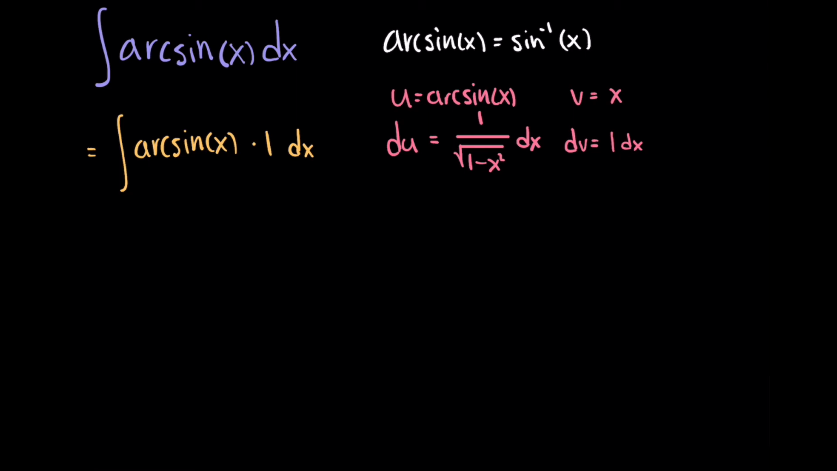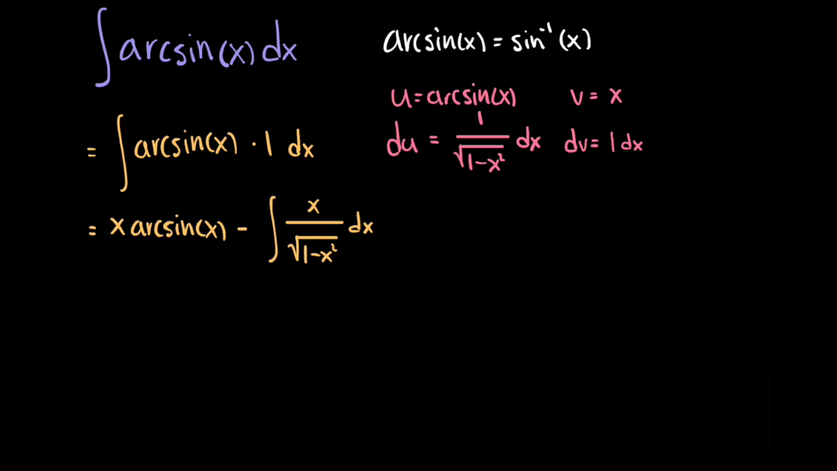So by the integration by parts rule, this integral is equal to u times v, or x times arc sine x, and then minus the integral of v times du, or just x over the square root of 1 minus x squared dx. Now you may be telling yourself that it seems kind of like we went backwards. This integral seems only harder than we had before, but actually